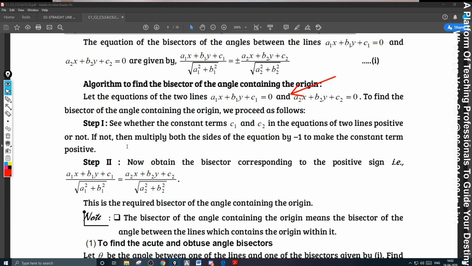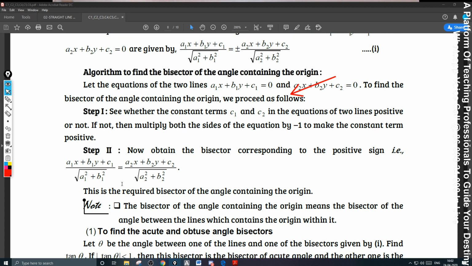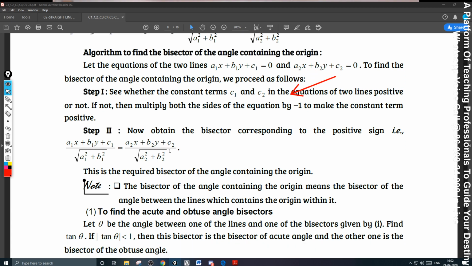See whether the constant terms c1 and c2 in the equations of the two lines are positive or not. If not, then multiply both sides of the equation with -1 to make the constant term positive. That means you have to keep the constant terms positive. That's what I explained. Now obtain the bisector corresponding to the positive side. This is the required bisector of the angle containing the origin. Okay. So he has given it very simple. After making the constants positive, the plus sign contains